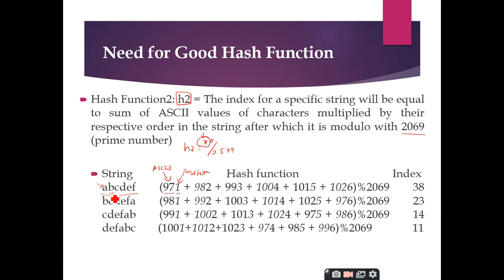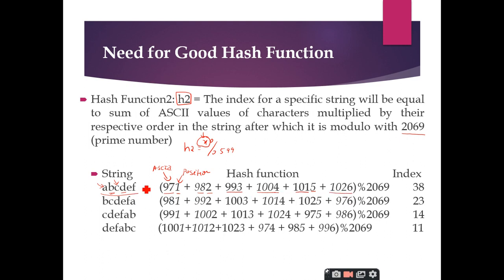And what about B? It is a combination of ASCII value and position. The ASCII value of B is 98 and the position is 2. And the C is occupying the third position. Therefore, when I combine the position of C with the ASCII values, I get 993. And what about D? It is occupying the fourth position and the ASCII value is 100. Therefore, I get the value as 1004. And for the E, it is occupying the fifth position with an ASCII value of 101. When I combine these two values, I get 1015. Similarly, for F, I get the equivalent number as 1026.